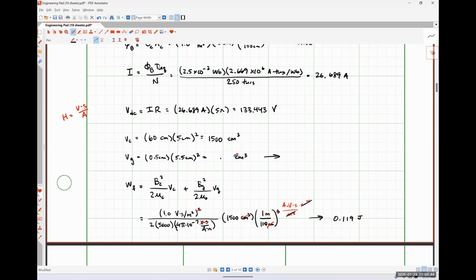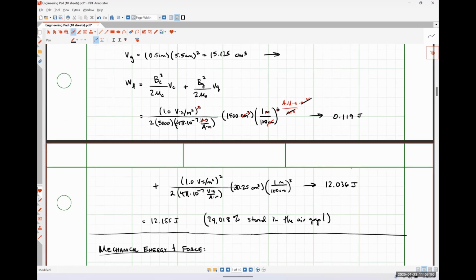So this should be half as large, sorry. 15.125 should have gone here. Thank you for that catch, which is going to change this to 15.125. So this term was probably going to be half as large. So let's just call that 6.0 something